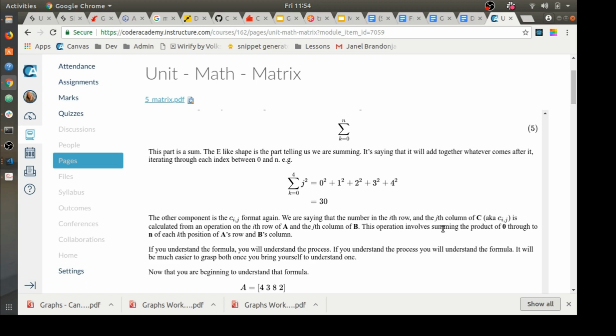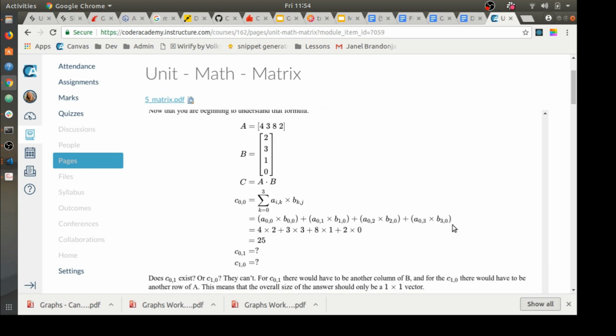I really think these should be the same. I think that's wrong. These letters should match, okay? So what it means is that we square this value from 0 to 4, and then we sum that. This is a sum operator, and the answer to that would be 30. So recognizing that notation,